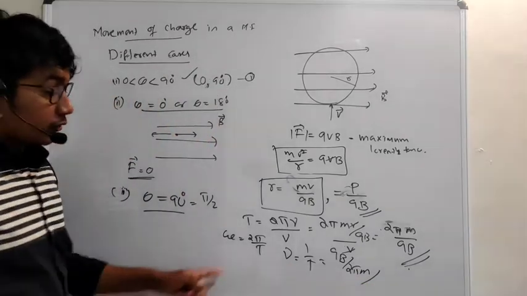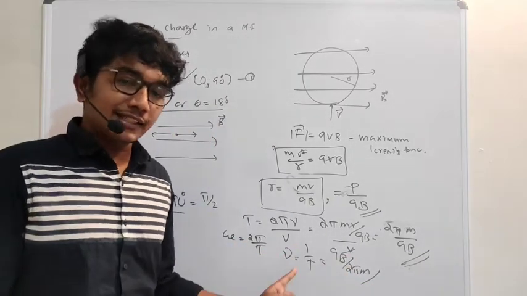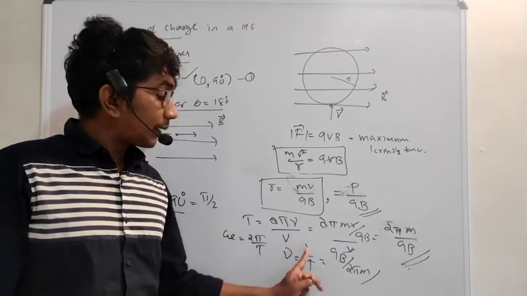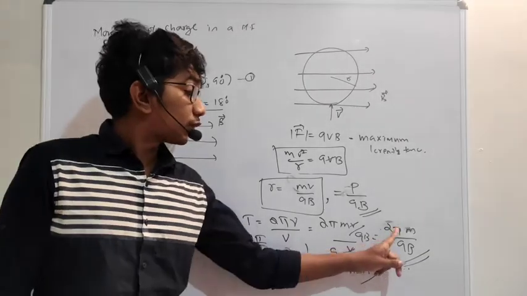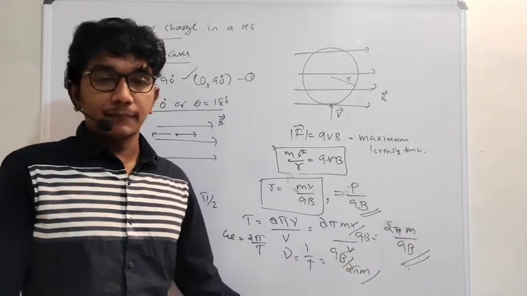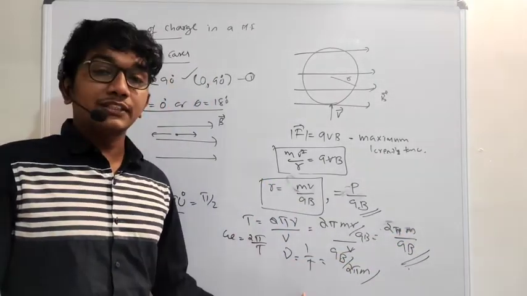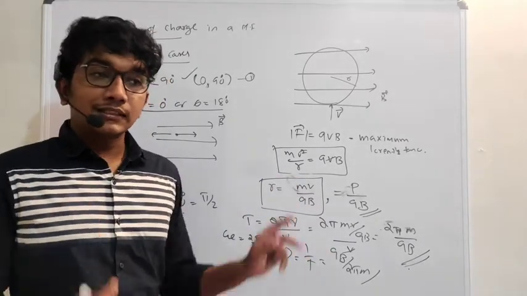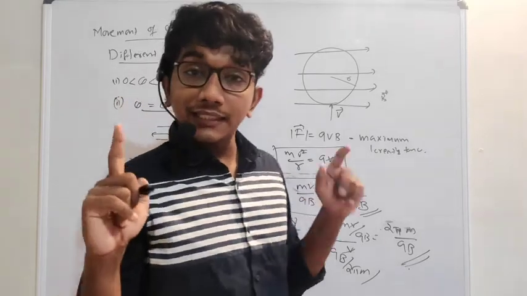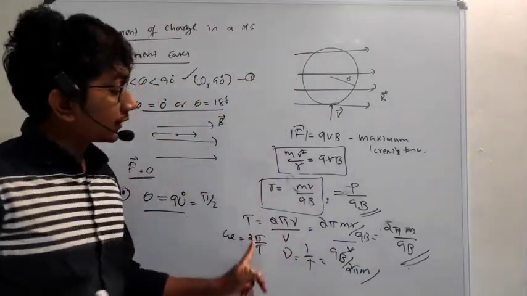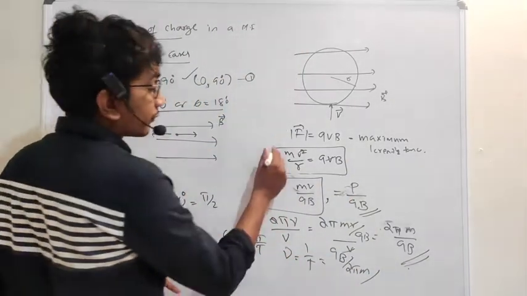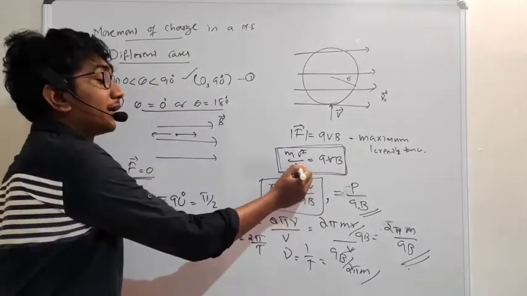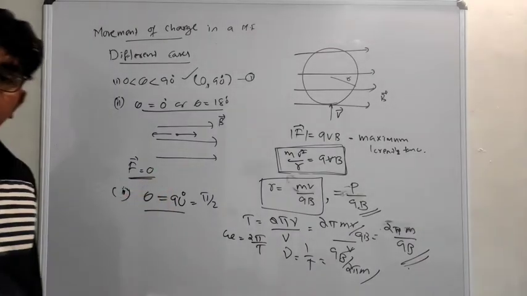So mu is equal to frequency, which is 1 by T, equal to qb by 2 pi m. This equation we will discuss again. This frequency is known as cyclotron frequency, and the device cyclotron we will discuss in detail, where we have to learn this again. So don't worry, you can find out everything from this equation. This is our major equation, this is our fundamental in this particular topic.